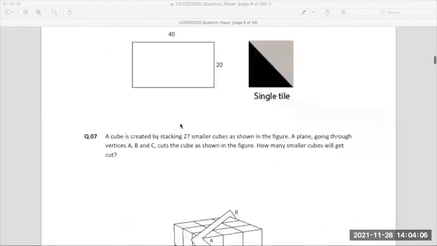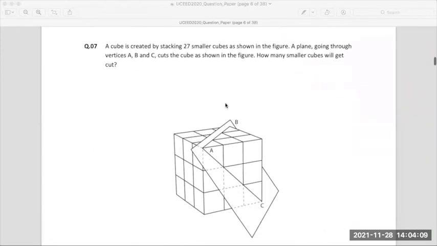So, here you're given a cube which is a 3 by 3 by 3, 3 cubes by 3 cubes by again 3 cubes. What it means is 27 smaller cubes are arranged in a bigger cube like this. There's a plane which cuts this thing diagonally, like the way it is shown here, and it creates a triangular plane like ABC, which is shown here. How many smaller cubes will be cut when this plane passes through? Can anybody suggest?